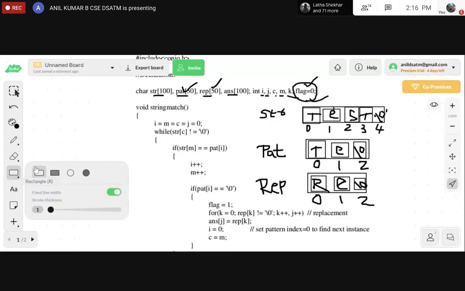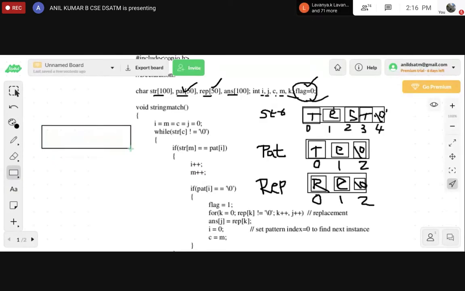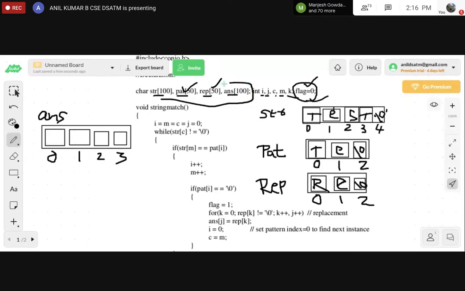A final answer is required, no? So the final answer should again be of size 4, boxes 1, 2, 3 and 4. This is nothing but ans, which does not contain anything initially, indexes 0, 1, 2 and 3. So these are the four parts of input as well as output variables that we have defined.